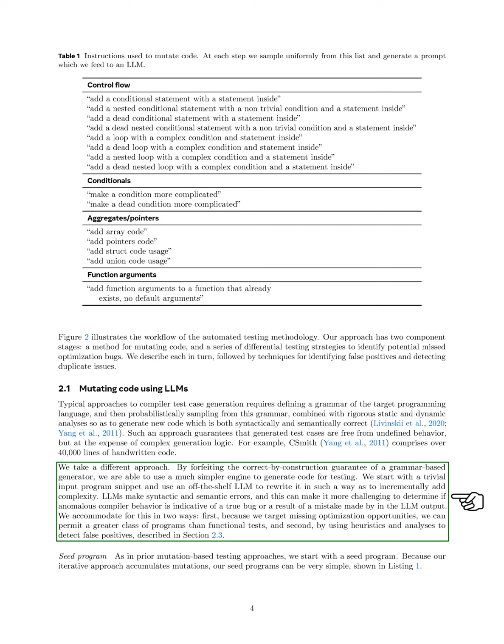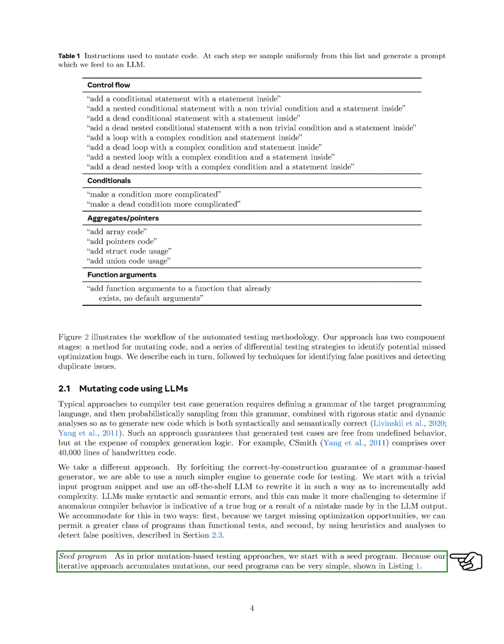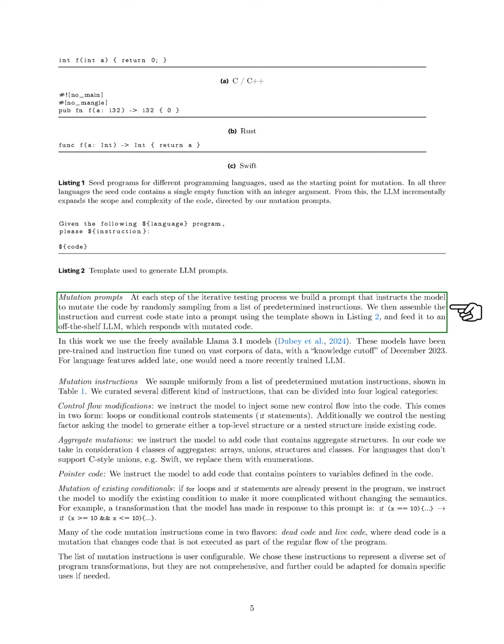Section: Seed Program. In this section, we begin with a seed program, similar to previous mutation-based testing methods. Our seed programs can be quite simple, as we accumulate mutations iteratively. At each step of our testing process, we create a prompt that directs the model to mutate the code by randomly selecting from a list of predefined instructions. We combine the instruction with the current code state into a prompt, which we then provide to a readily available